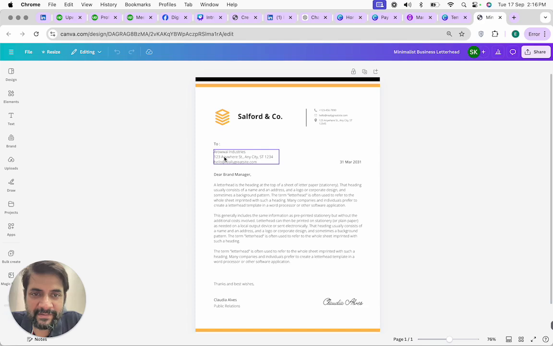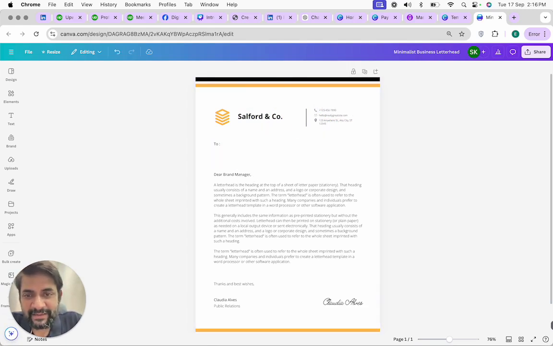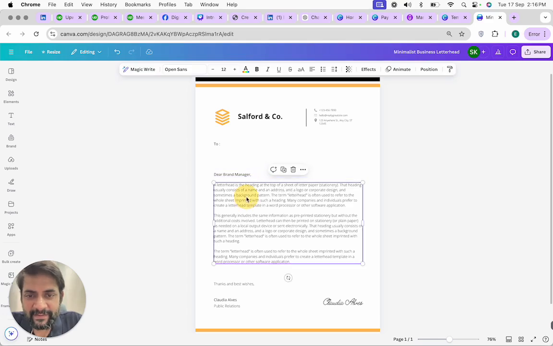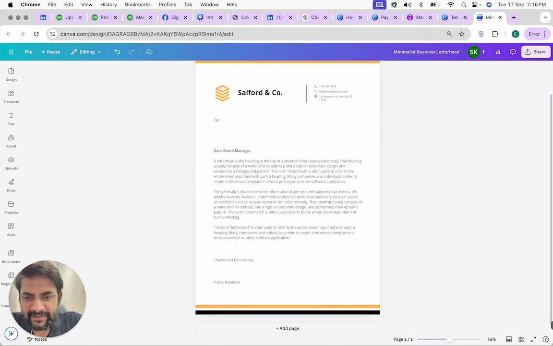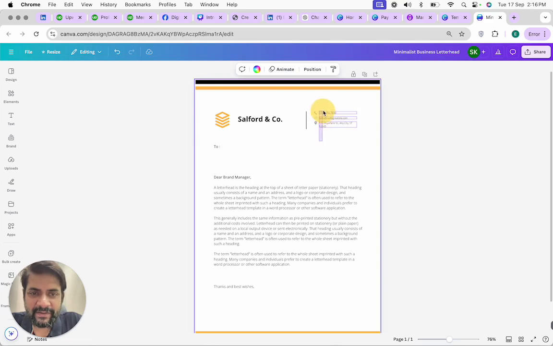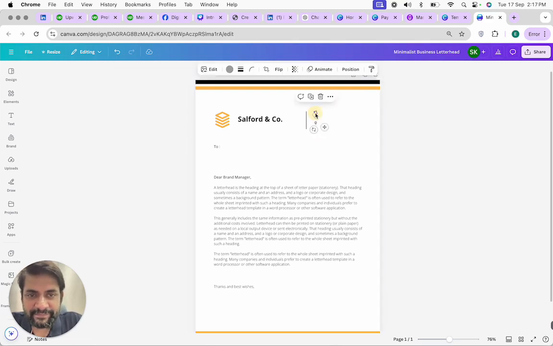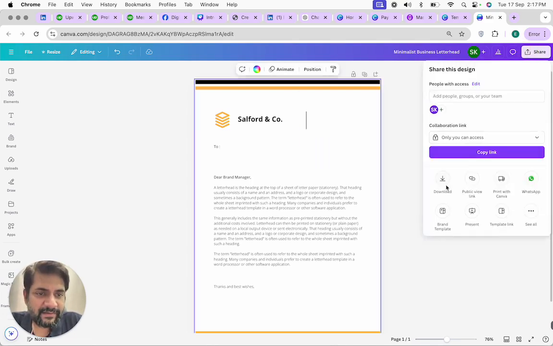I customize this template a little, so this can be static, the company name, email IDs and all of this. Some fields can be dynamic, the date can be dynamic. So just say this, thanks and best wishes, all of this. Okay, maybe we can remove this as well. Okay, let's remove this. Okay, I download it as a PDF,